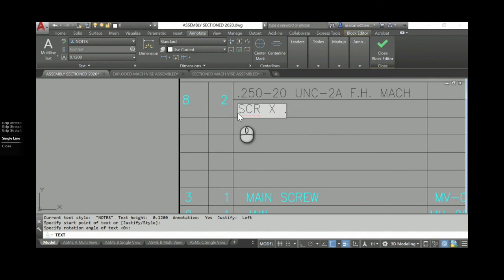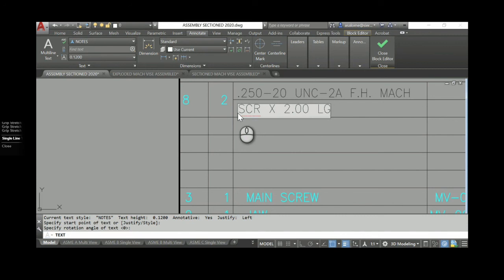Whatever length you've determined that screw is, you need to put it in here. So I'm going to give it a number that's not true: 2.00. That's a bad number. You all know that screw can't be that long. LG. But that's the notation needed to order that screw, and that's what needs to be in your parts list. Make sure you get that right.